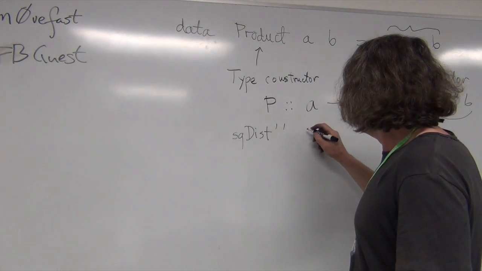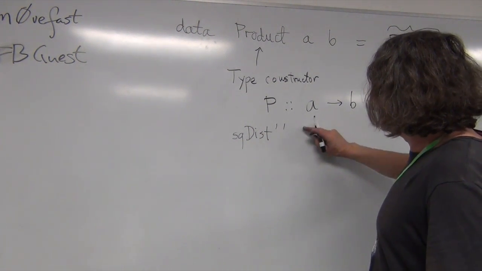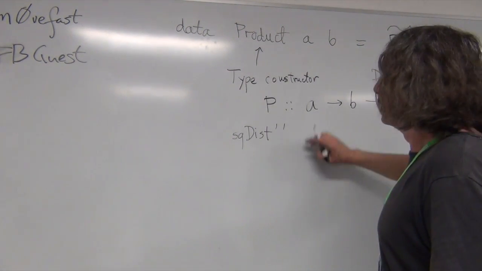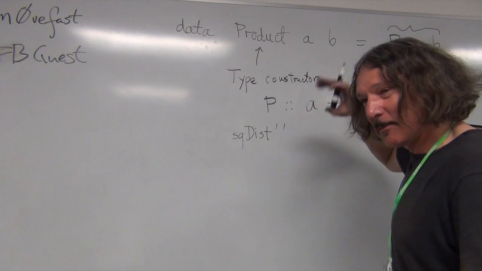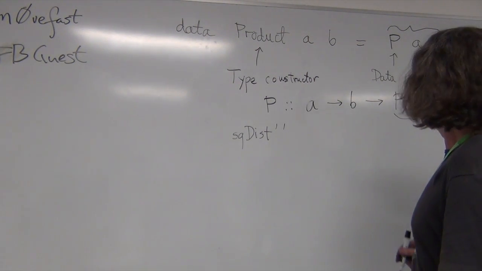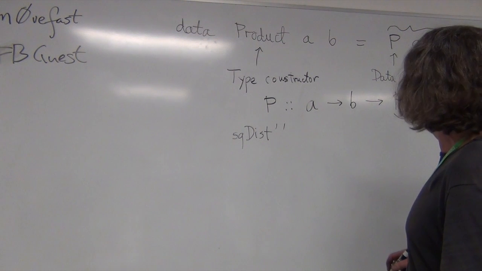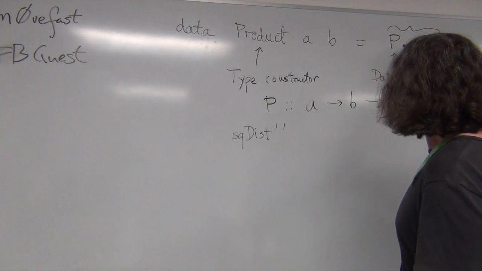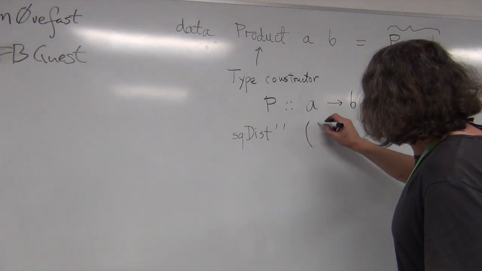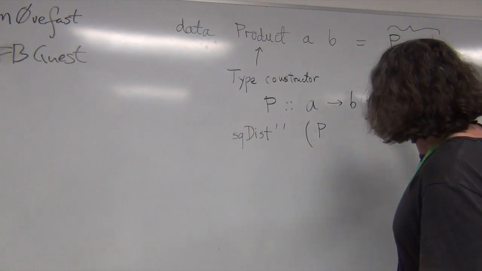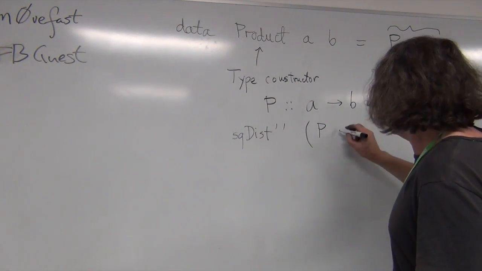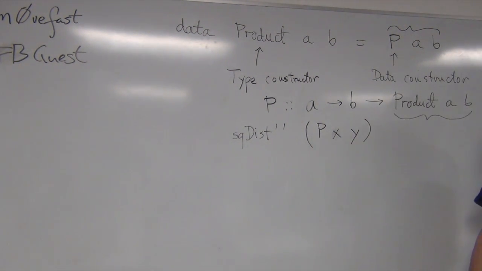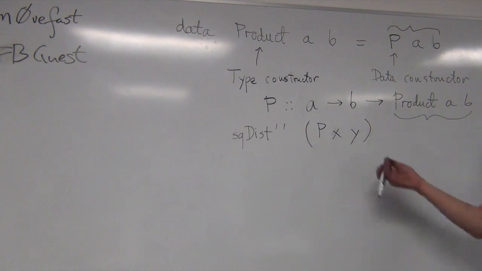So suppose that I'm passing a product rather than a pair. It's actually the same as a pair, same in the sense that they're equivalent. So suppose that I define square distance to take a product. So I can pattern match it immediately using the constructor. I can say, hey pair, were you constructed using P and let's say X and Y, just not to confuse the names. Okay, and if you passed it a product,